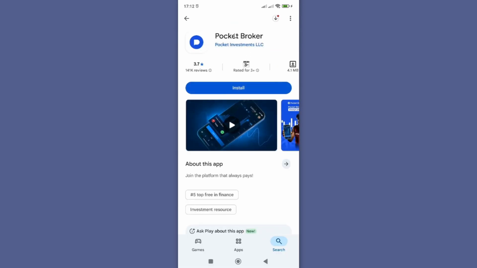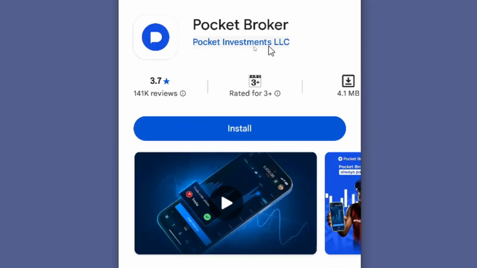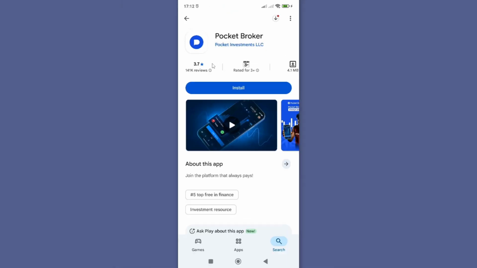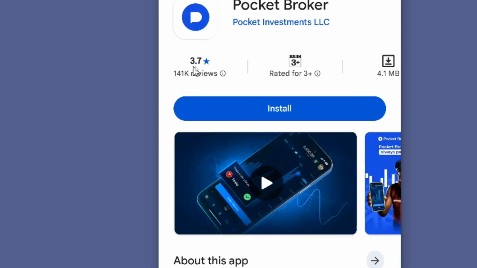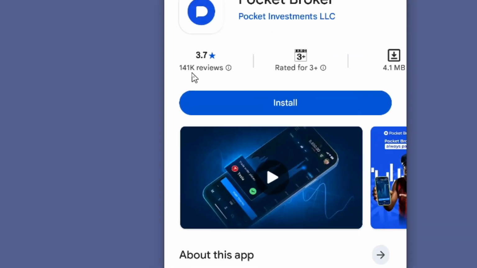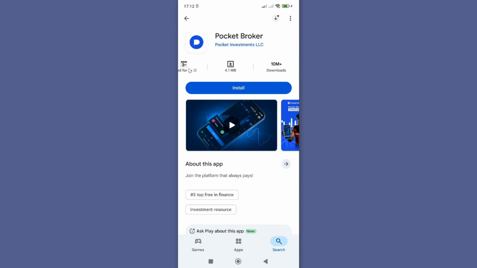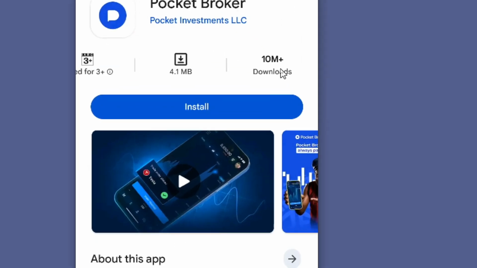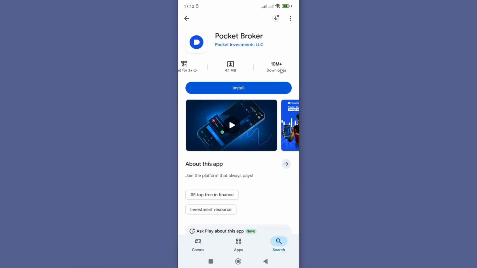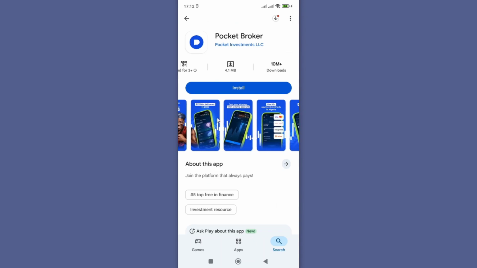Now that you have the right app, make sure it is from Pocket Investment LLC. And at the time of recording this app had a star rating of 3.7 with over 141,000 reviews, and the file size is around 4.1 MBs, and currently the app has been downloaded over 10 million times. So at the time you are watching this, these statistics might have changed. So this is the current logo, and if you see this information, then you will know that you have the